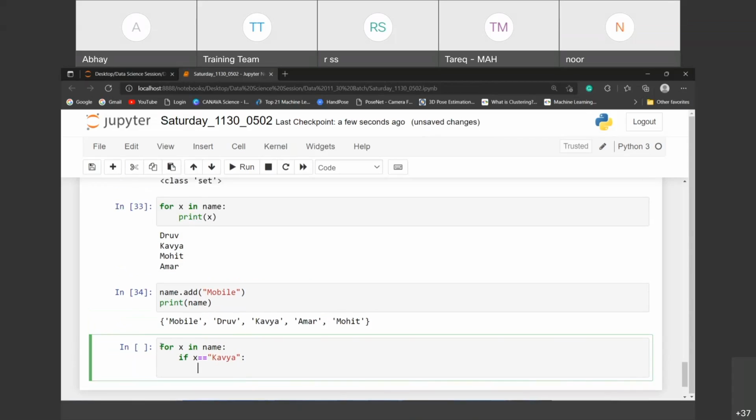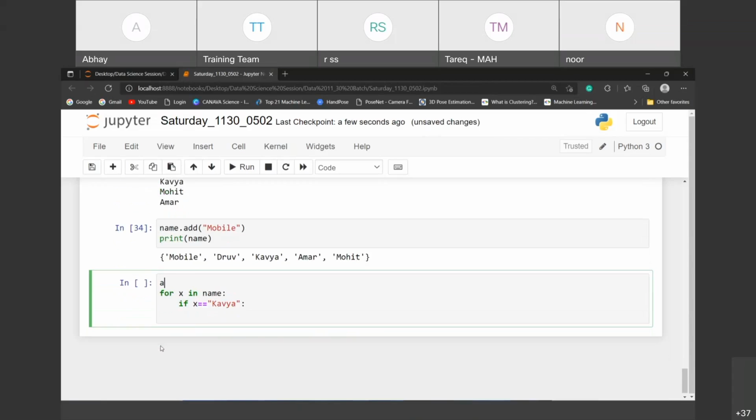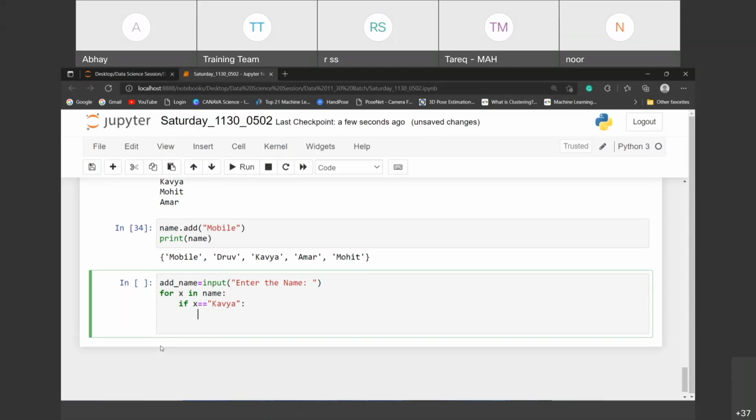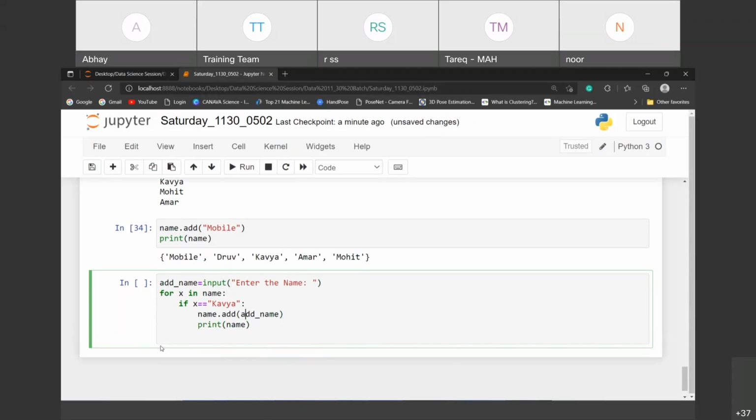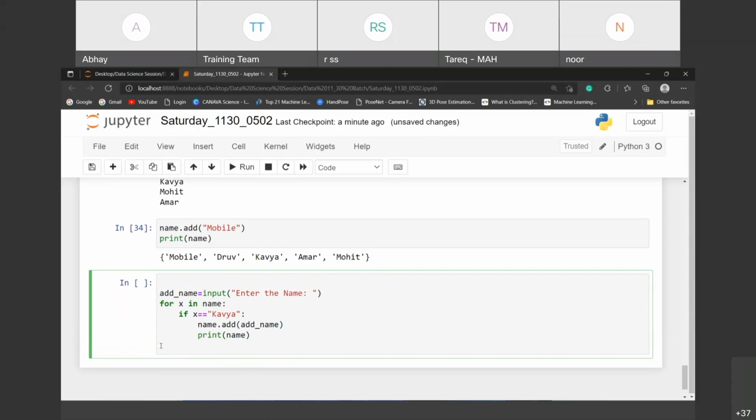See, I'm just doing a little program here for sets. Okay, name, input, sorry, old set.